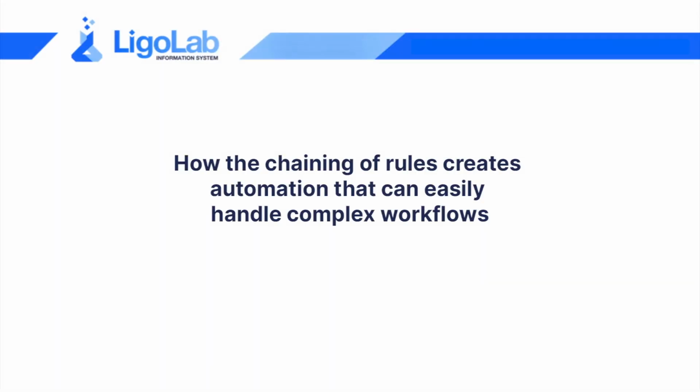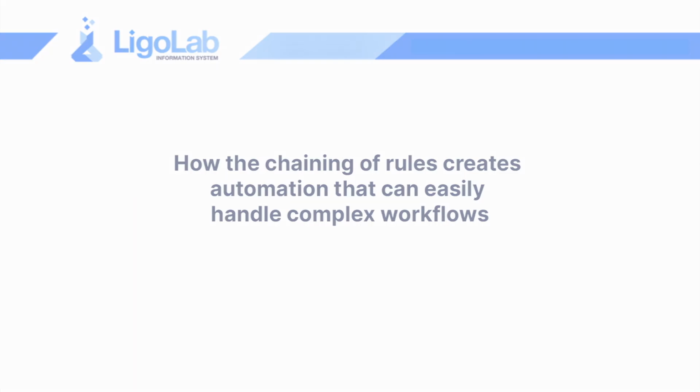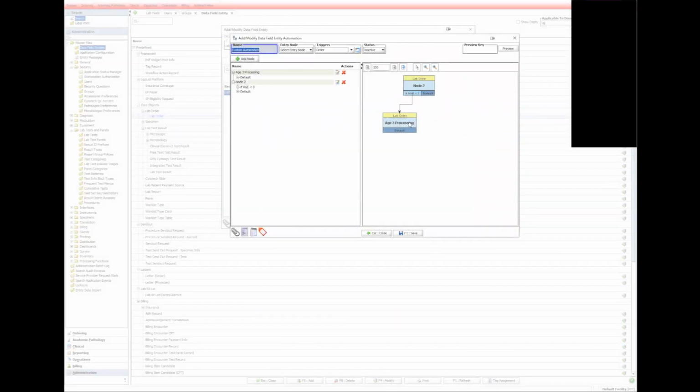We can configure an automation that says, well, depending on where we ordered the test, time of the day, location, we might change some of these strategies. It will run on a different machine. It will be sent to a different lab, et cetera, et cetera. So that's kind of the way of configuring that variability in the system. So this is just an example of chaining those rules so you can easily create something that's easy to